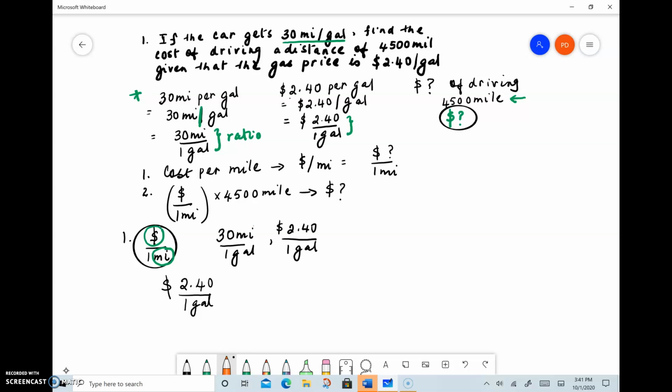If you notice here, miles is in the numerator, so we might want to flip this fraction. So it'll be 1 gallon over 30 miles. Now let's see if this will help us solve the problem. We need dollars in the numerator, so that's good. Miles in the denominator, but what happens to these gallons? We need to get rid of it and it works out because we can cancel the gallons in the numerator with the gallons in the denominator, and we get